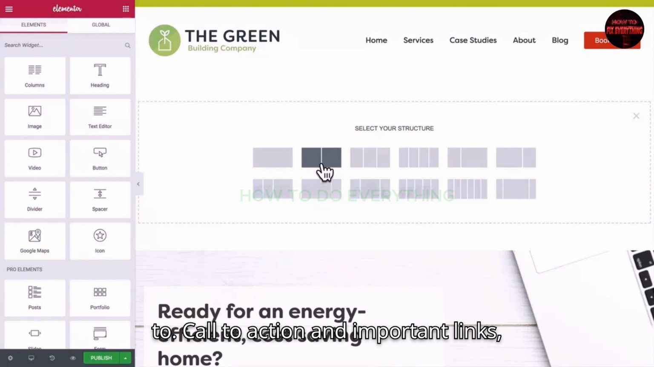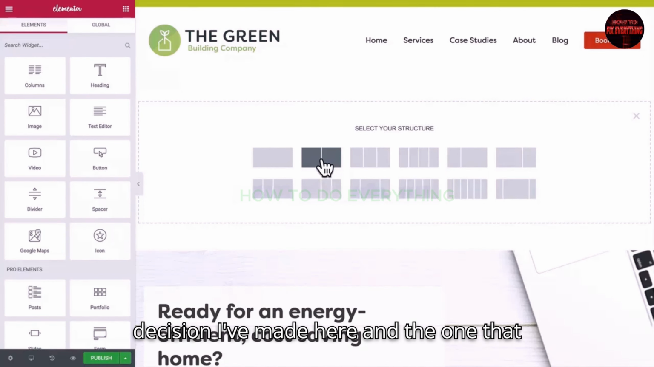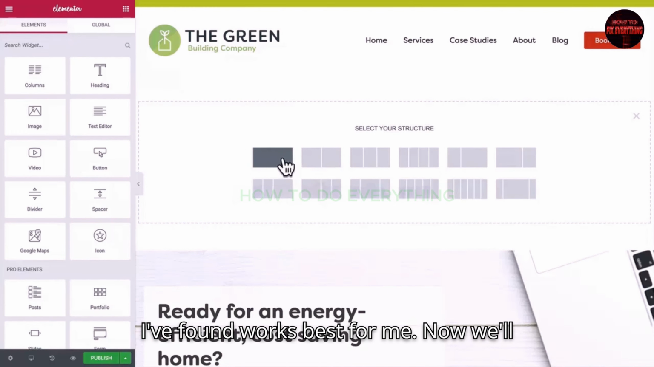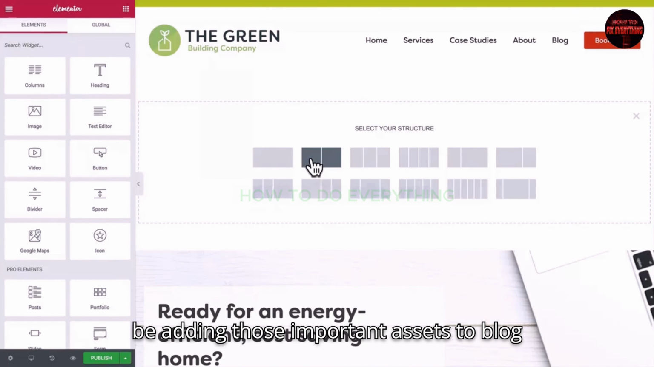Call to action and important links, so important to the performance of our funnels, always perform much better in context within the post. It's not to say that sidebars are a bad idea, it's just a decision I've made here and the one that I've found works best for me. I will be adding those important assets to blog posts later in the course, but for now, I'll go with